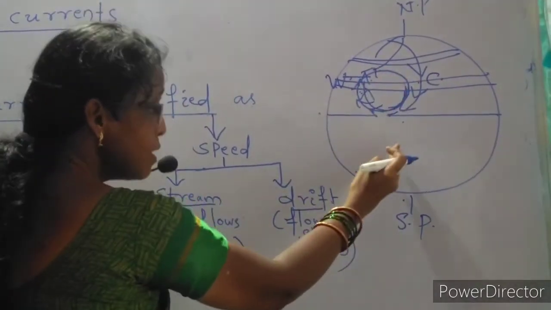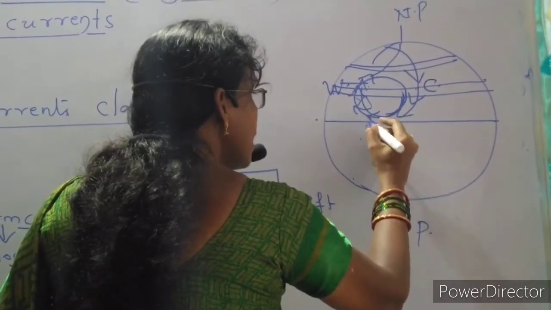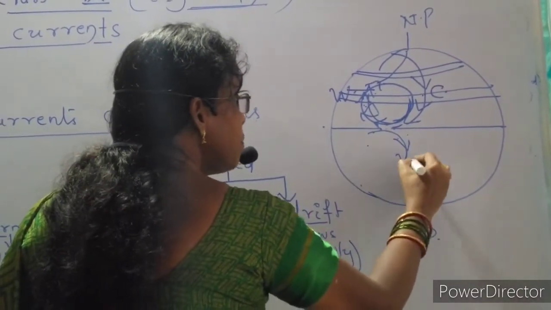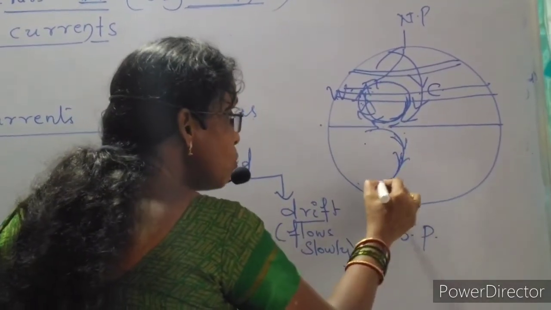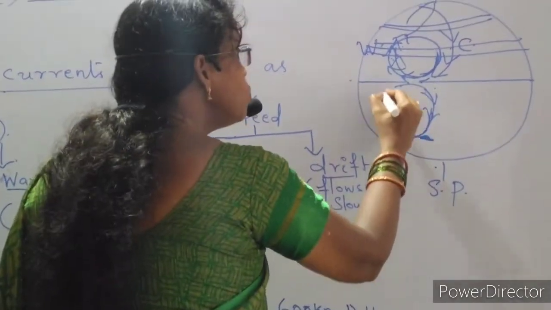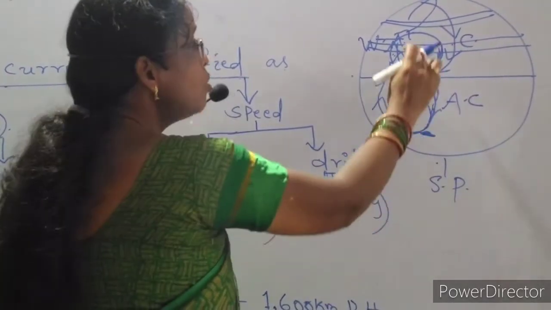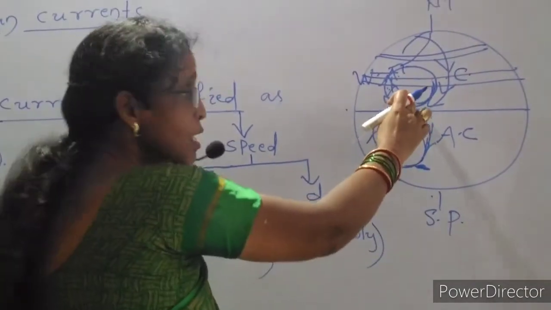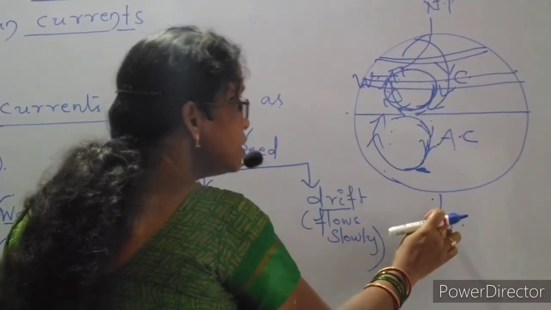If you come to the southern part of our earth, here again are the trade winds of the south part. These trade winds flow like this towards the South Pole. Again this cold wind of the polar region flows towards the equator, anti-clockwise. The trade winds which flow towards the North Pole are clockwise, and the trade winds of the southern part flow towards the South Pole.